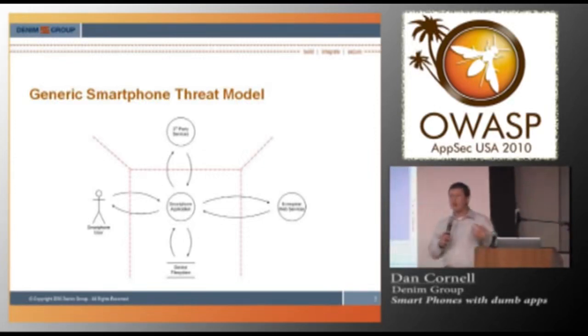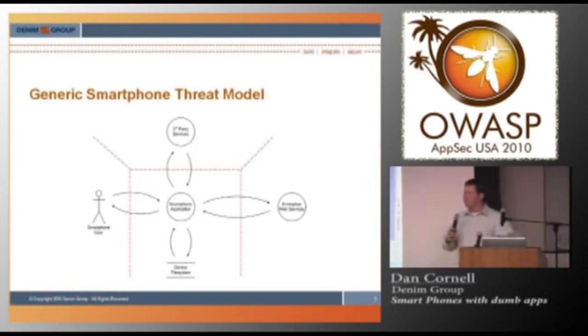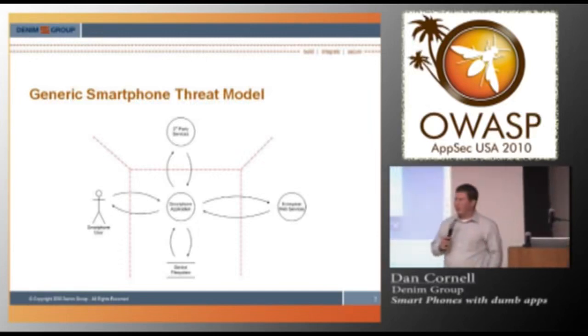What risks are they opening their customers up to if their customers are using these applications, as well as what sort of risk are they opening themselves up to by putting out the app and the infrastructure to support that application. Who here has a smartphone application that your organization has deployed for customers? A couple folks, yeah, a pretty good population of folks. Is it iPhone or Android or other?